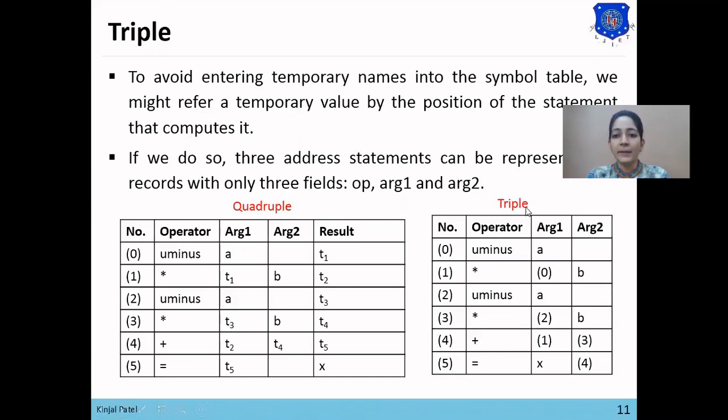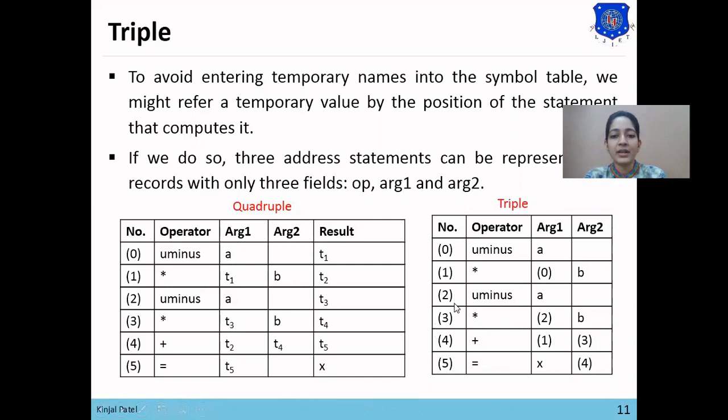Now the drawback of triple is that here we are using the address of each statement directly. So if there are redundant instructions in it, for example here unary minus A and unary minus A. So these instructions are redundant instructions. If we remove this expression, then the result is stored in address 2. So the result of this address will be removed, and we are referencing this 2 in another instruction, so it will get no result. So to avoid this problem, indirect triple is used.